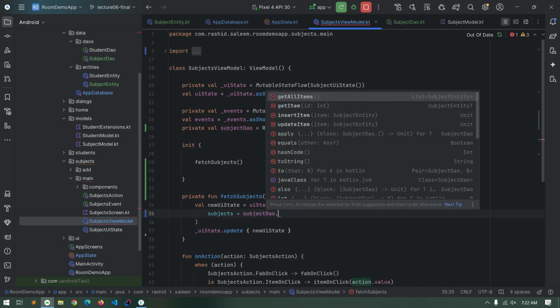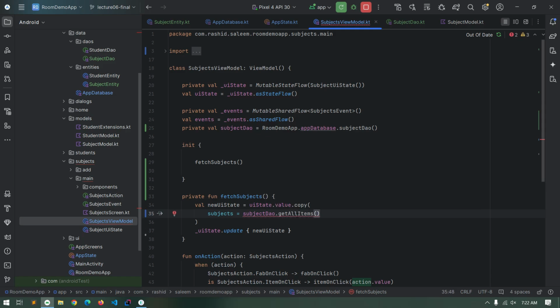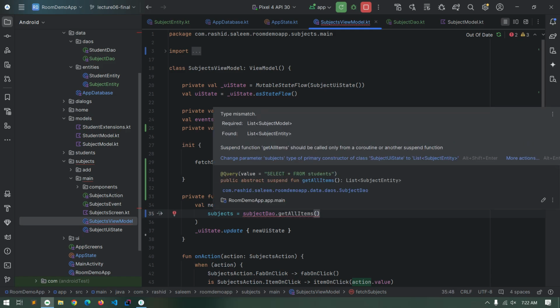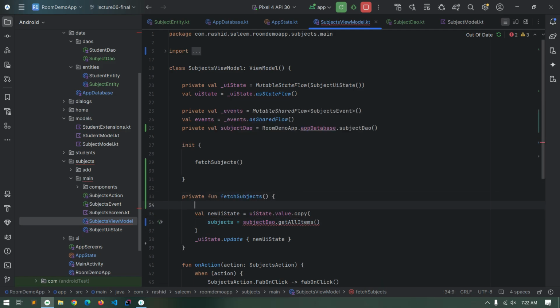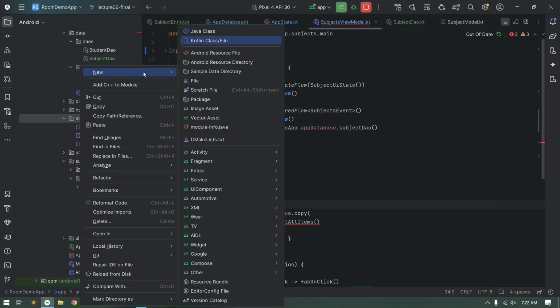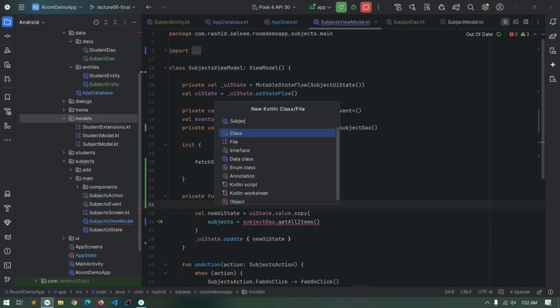call the SubjectDAO.getAllItems method, and in here we are getting an error that the required list is SubjectModel list, and we are getting the SubjectEntity list. So we need to do some mapping in here also. For that we will create some extension functions here. So we will create here a file named subject extensions,